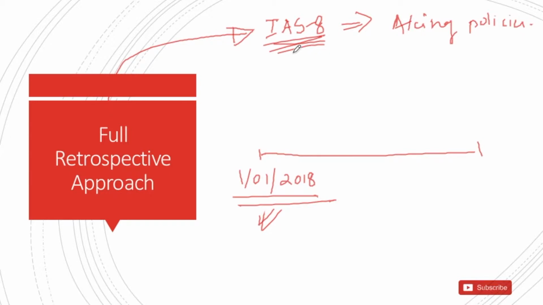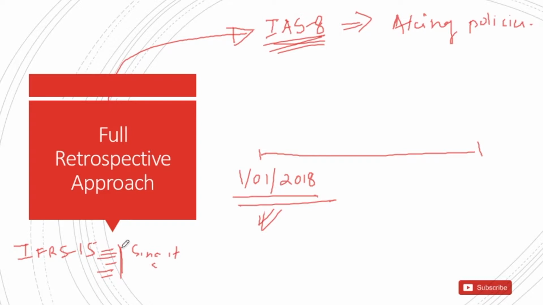So when you apply the full retrospective approach, you need to think about IAS 8. And IAS 8 says you need to apply that standard retrospectively since the date of its inception, which means you need to assume that IFRS 15's requirements are there